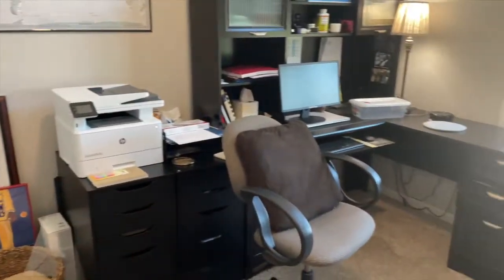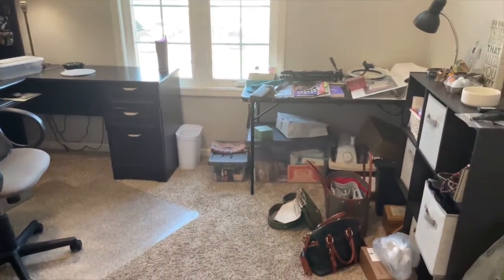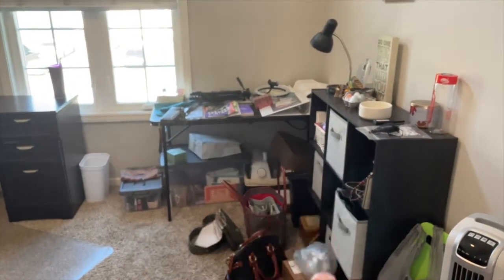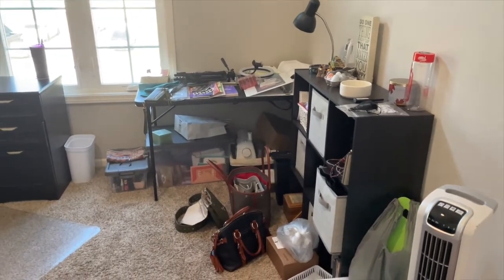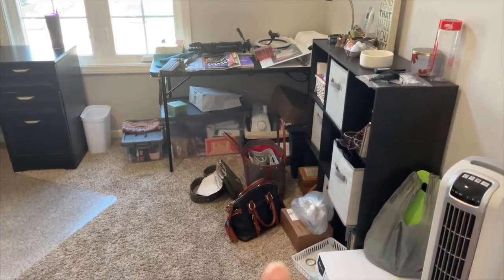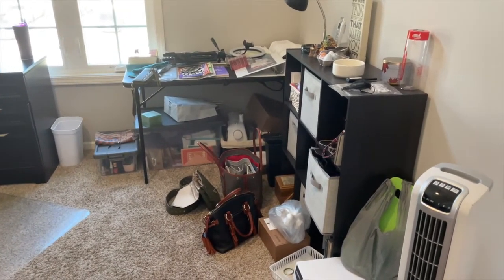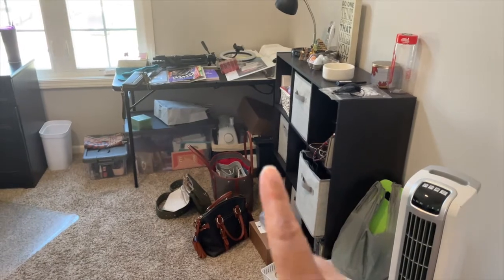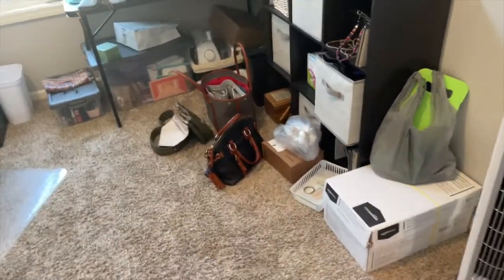So let me share a little bit of what I want to do in this space, which is mostly this hot mess of a corner right here. This began as my crafting corner. If you can see my sewing machine there that rarely gets used. And I've got some craft materials and supplies in these bins here. But it has just...